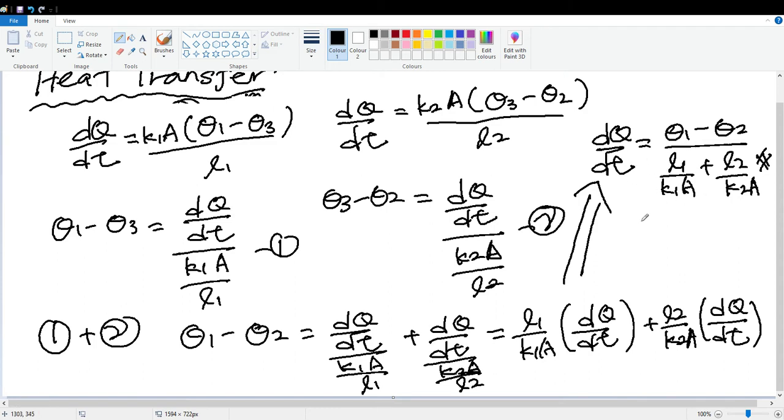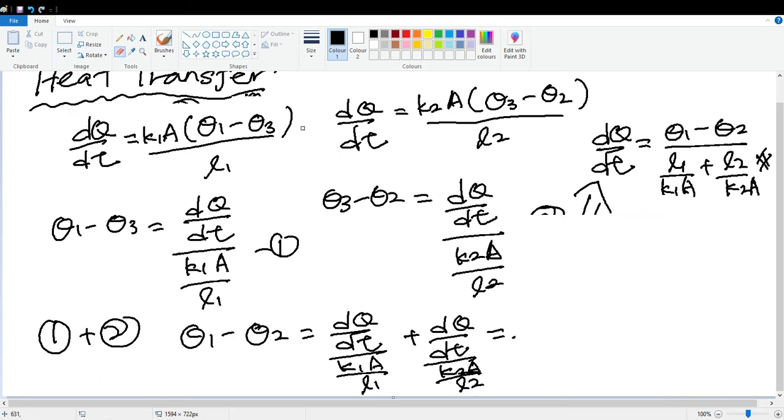So I can finally conclude that my rate of heat flow is equal to the temperature difference over the